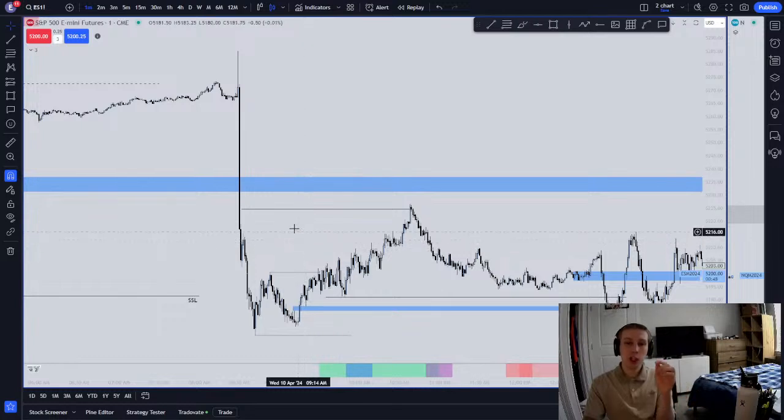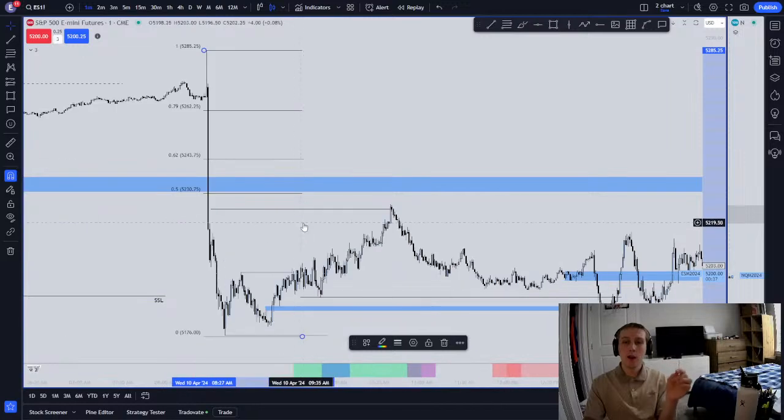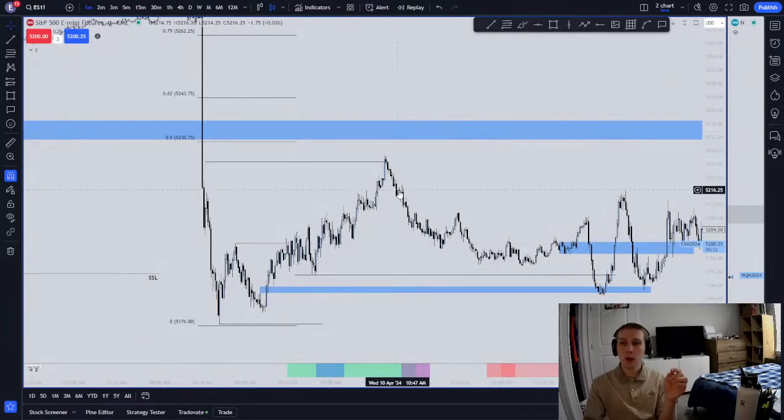Unless we come back into equilibrium of this range and we have some form of SMT, I'm going to be a lot more hesitant to take a short here, which is why I think price was just so inefficient today. Look at what price did. We just, for a whole,